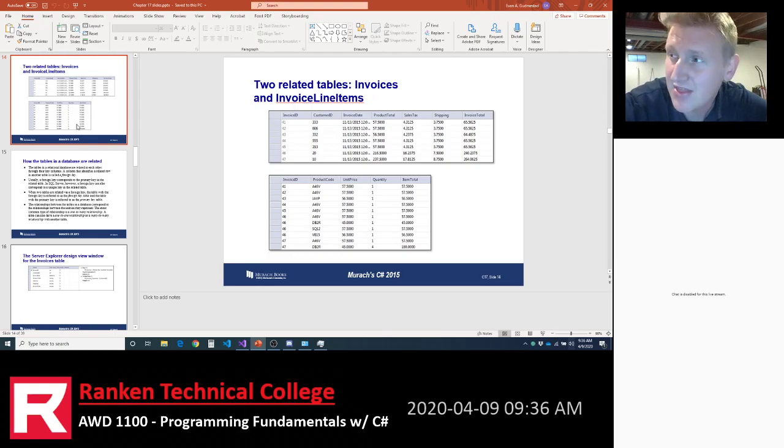But it doesn't mean that all your tables have to be related. A database that is not normalized might have a bunch of tables that are not related to one another. And that's more common than it should be, right? A good clean database is where all the tables are linked together. But it doesn't have to be that way.